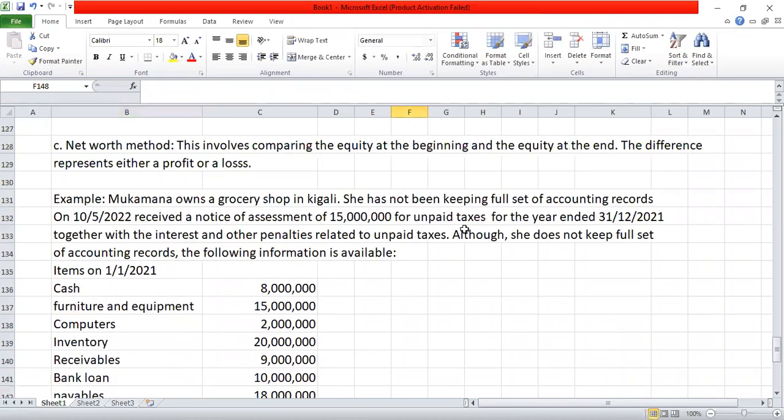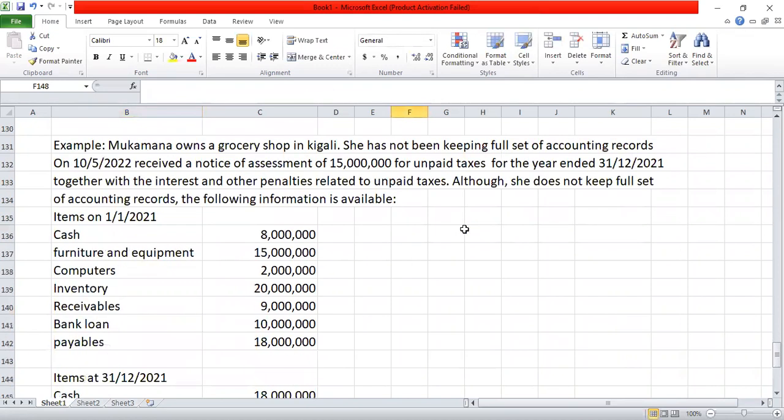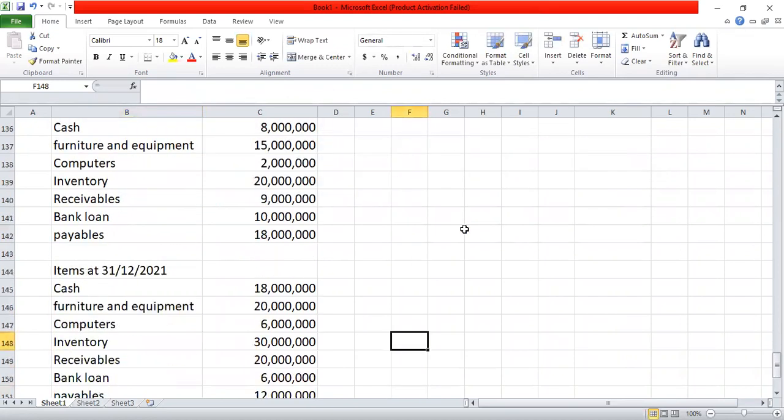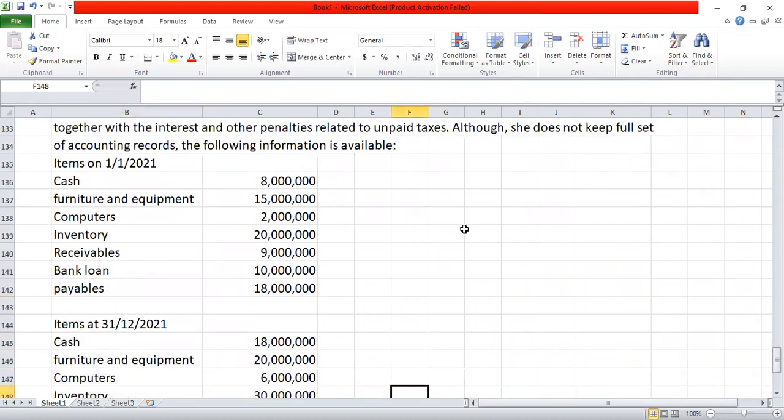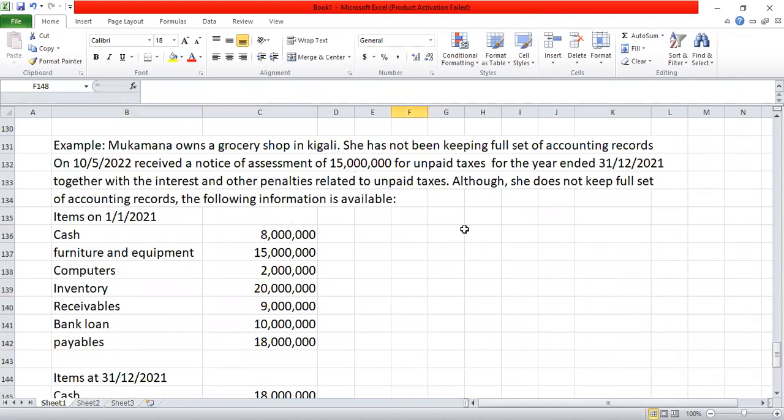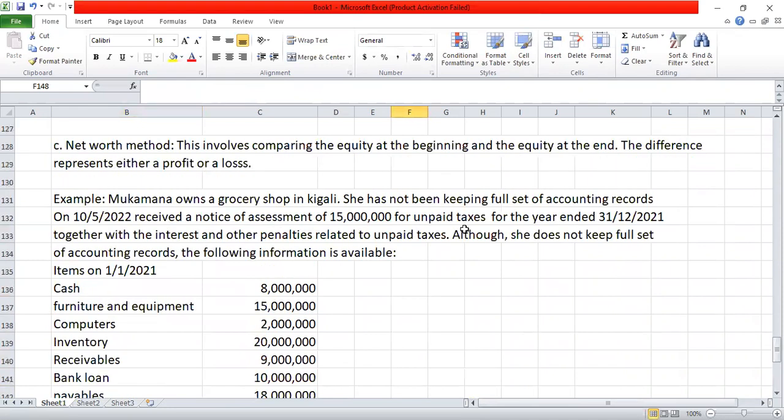Let's go through this simple question and see how to use the net worth method. Mukamana owns a grocery shop. She has not been keeping a full set of accounting records. On 10th May 2022, she received a notice of assessment from RRA of 15 million for unpaid taxes for the